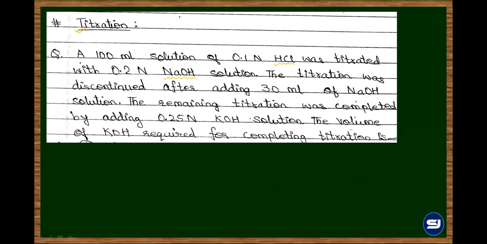So what you should understand from this question is, there was 100 ml of the acid which was titrated twice. One with NaOH and secondly with KOH, having different normality or concentrations. Clear? Yes, sir. So basically you have to apply the equivalence twice, one with HCl and NaOH, and secondly again HCl but now with KOH. Concept clear हुआ?